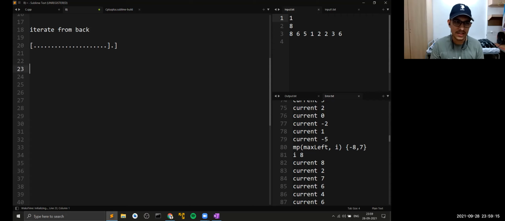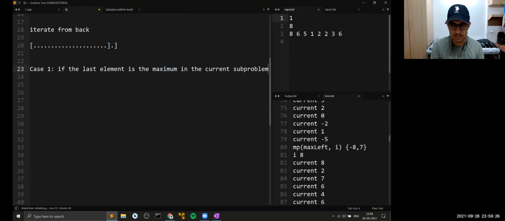Now let me just make two cases here. Case one is if the last element is the maximum in the current subproblem, then you don't need to do anything, you just continue. Case two is if not. In this case, what you need to do is find the index where you have the maximum element.